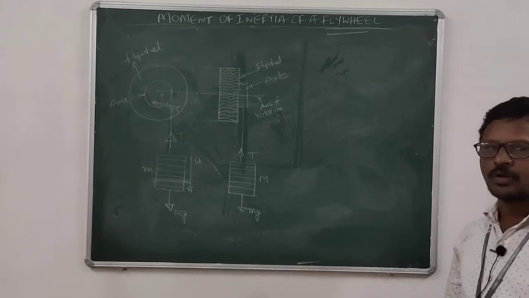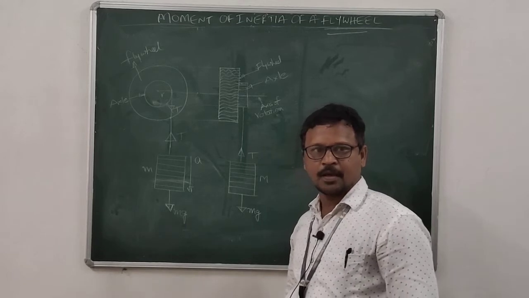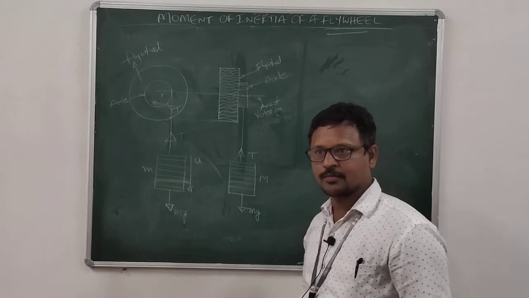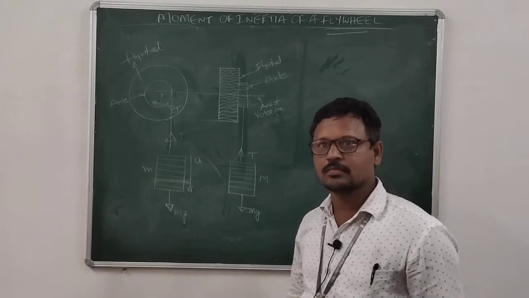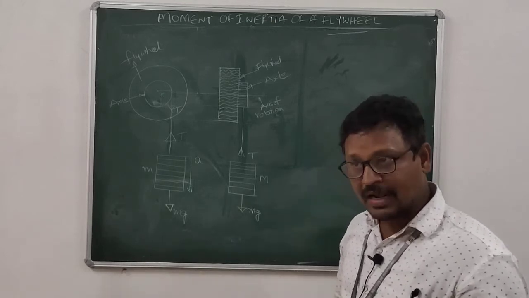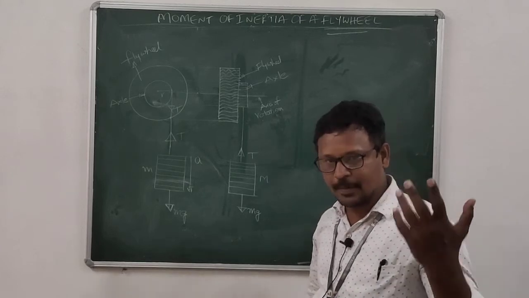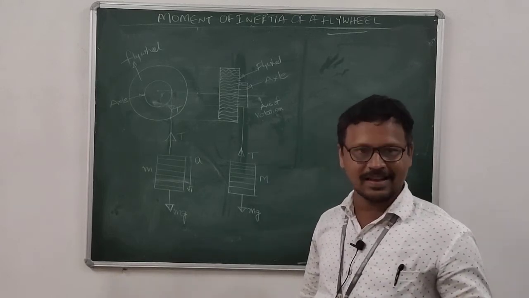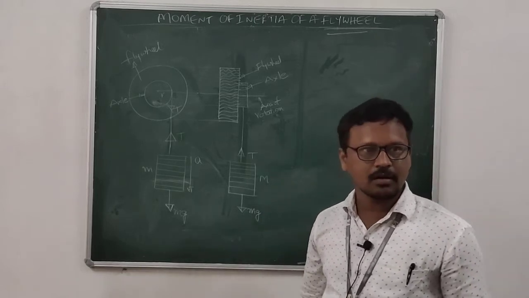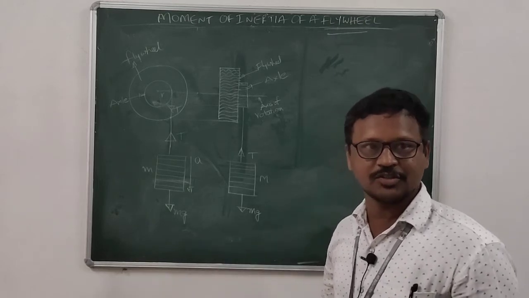Very well we know that in an IC engine, power is produced only in one stroke, that is the power stroke. In the remaining strokes, no power is produced. So the flywheel stores the energy produced in the power stroke that is more than required, and then in the remaining strokes, it gives that energy back to maintain uniform velocity of the engine.